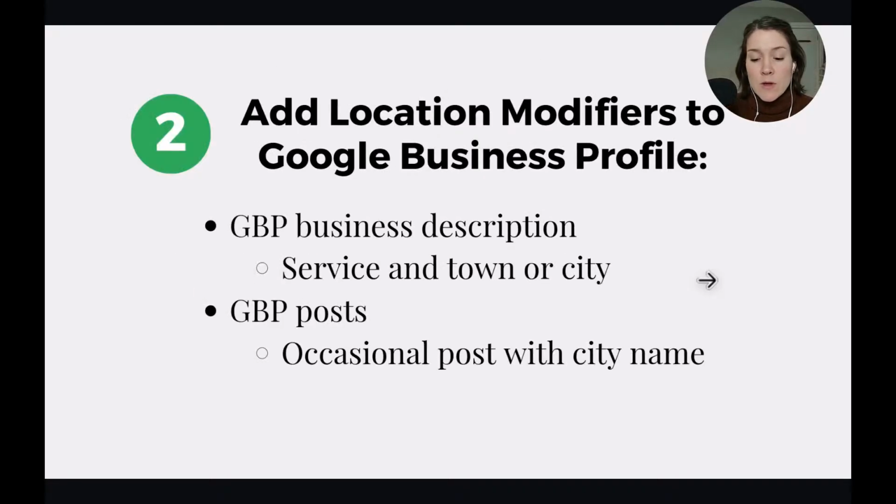The other thing I would love for you to do today, and this is again very straightforward and simple, is to add your location to two places on your Google Business profile. One is in your Google Business description. You want to add your service, probably acupuncture, and then your town or your city. So the same exact thing we've been doing, right? Like acupuncture for pain management, digestion, and women's health in Seneca Falls, New York. You would want to add that to your Google Business description. And you can also add your location in your Google Business profile posts. Sometimes they're also called updates.